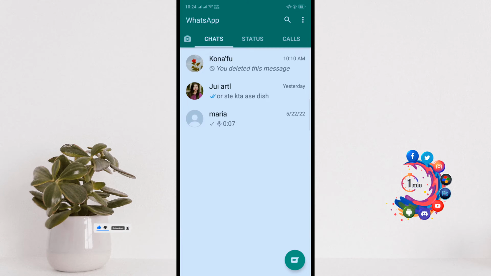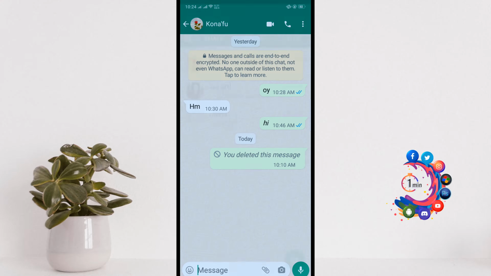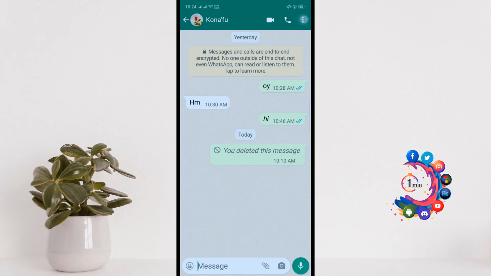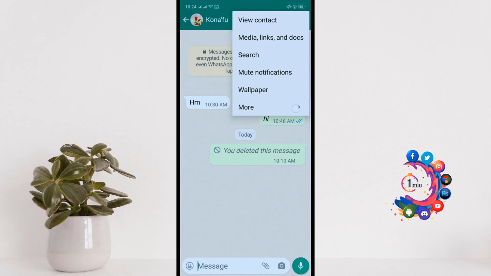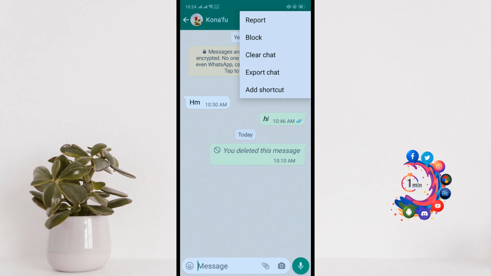So there is no option to directly print WhatsApp messages, so I can show you a way you can print your WhatsApp messages. So open the individual group or contact, click on this more icon and click on more, and you will need to export the chat. So click on export chat